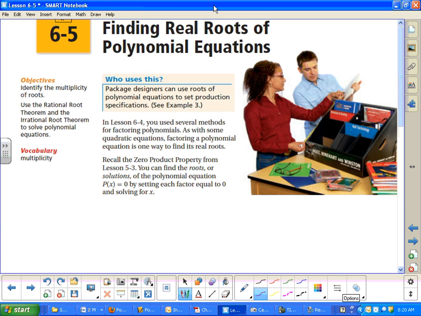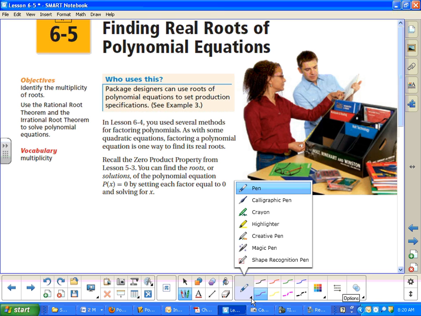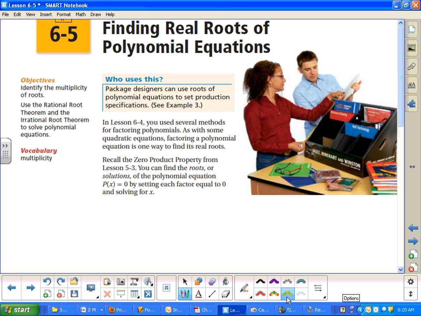Finding real roots of polynomial equations. So what we're trying to do, when we talk about finding roots, is solve when it equals 0. So if we recall here, this reminds us about the zero product property from lesson 5.3, which we talked about a little bit